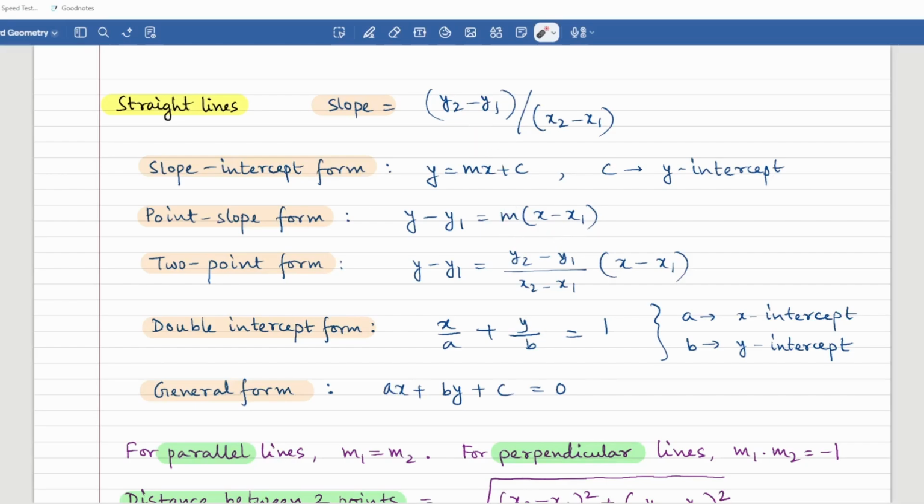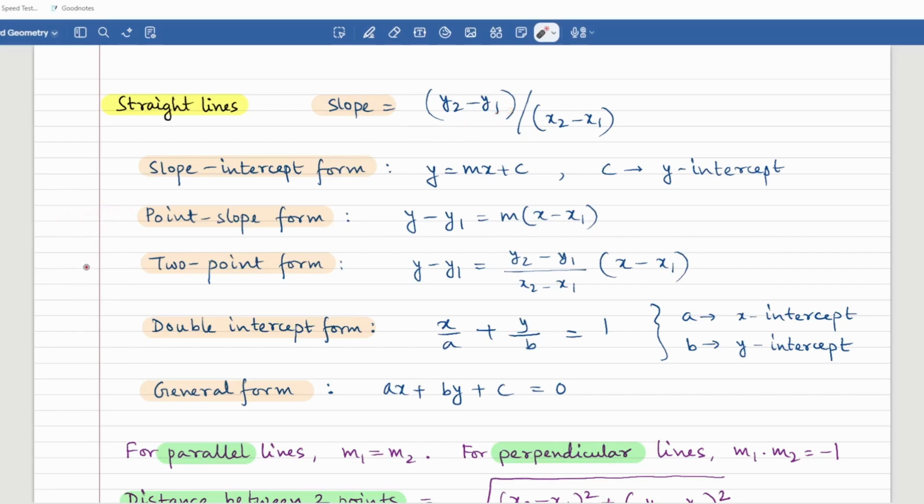Now, if you were to replace this value of m by the definition of the slope that I had given you earlier, then you would get something known as the two-point form. That is given as y minus y1 equals (y2 minus y1) divided by (x2 minus x1) into (x minus x1). So you don't need to calculate the slope separately. If there are 2 points given, you could directly apply the two-point form and get the equation that way. However, if you require to calculate the slope, then of course calculate it by this formula and then use